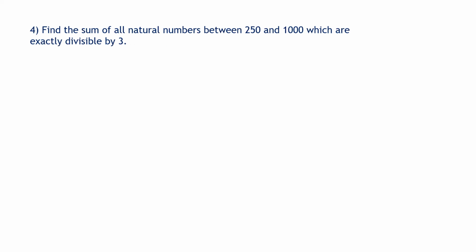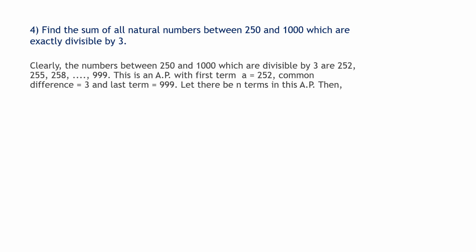Okay. Now find the sum of all natural numbers between 250 and 1000 which are exactly divisible by 3. This is not that sum now. Here we have changed the sum again. We went back to the simple sum. All natural numbers between 250 and 1000 divisible by 3. So first we check which number greater than 250 is divisible by 3. So it is 252. Now we keep on adding 3. So 252, 255, 258 up to 999.